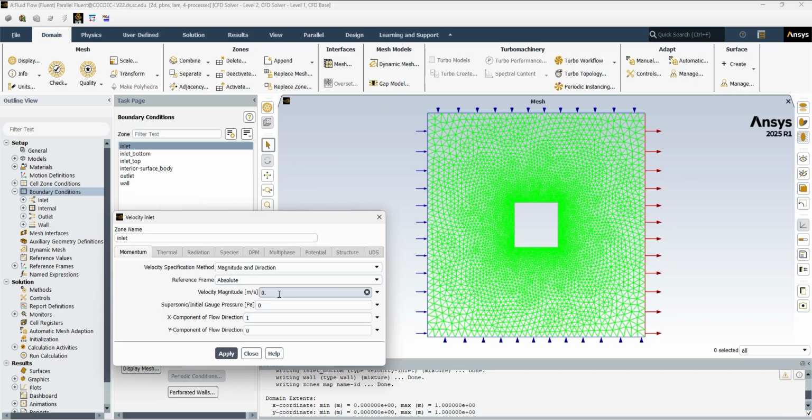One is 0.1 meters per second, and the other one is 0.01 meters per second. I'm going to start with 0.01 meters per second for velocity magnitude. We are asked about supersonic initial gauge pressure. There is no need to change that for this specific scenario. And then the x component of velocity direction is 1, y component 0. So at this inlet, we are saying that we are always moving in this direction. We're going to do the same for these two inlets. So I'm going to hit apply